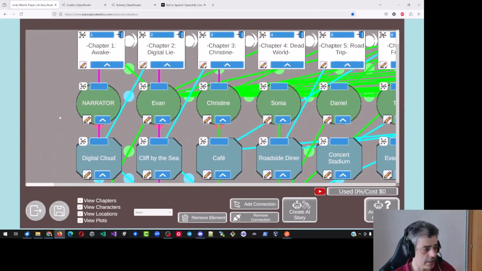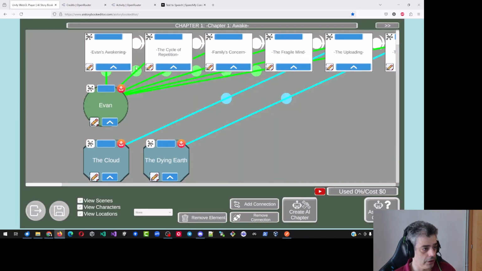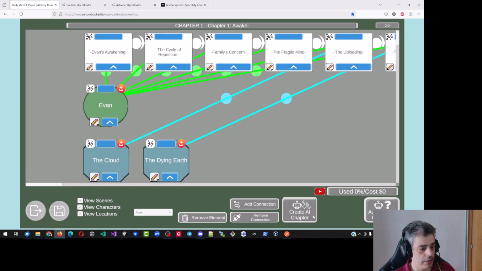So we are going to start with the first chapter. Okay, so we are going into the first chapter. And the first thing that we are going to do is assign the voices to the right characters. The first chapter doesn't have... okay, we need to do a